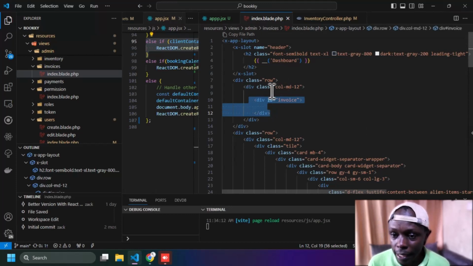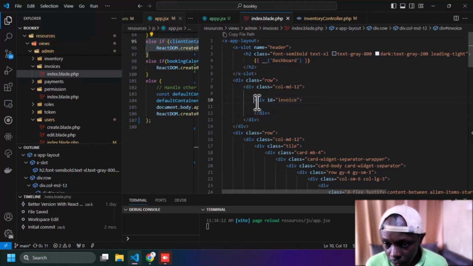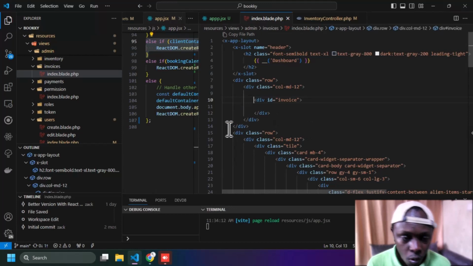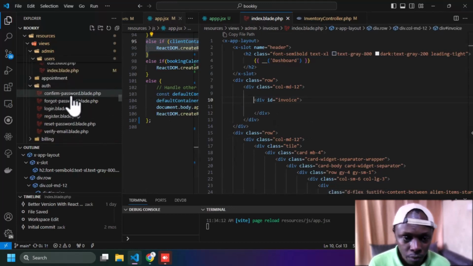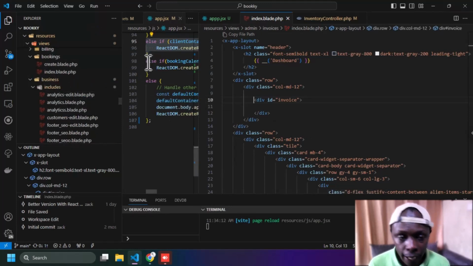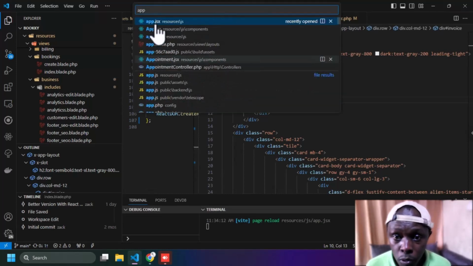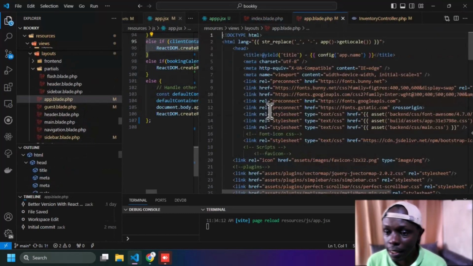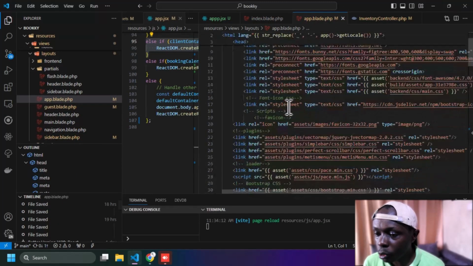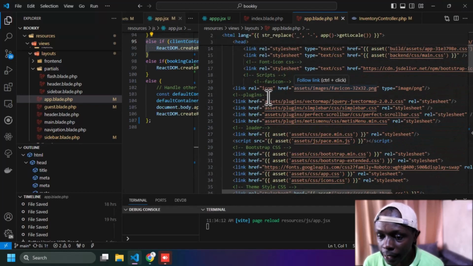I just write that and then pass it as an invoice component. Remember, on the home page, that is the app layout, right? The app layout, you're going to remember to pass in the